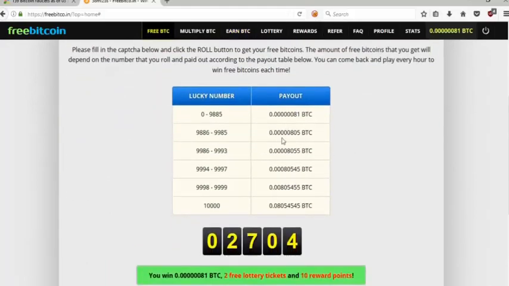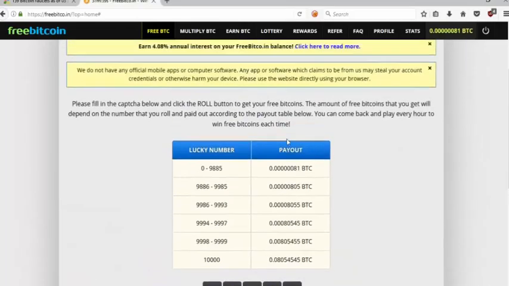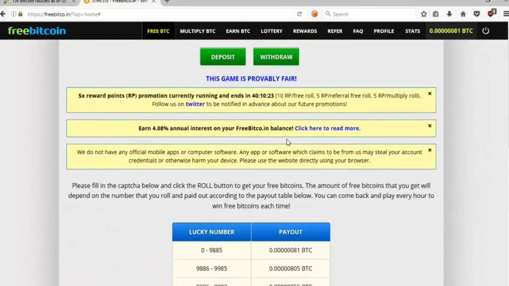All you have to do is keep on entering these captchas or offers, and if you get the lucky number, you get a prize, and the value keeps on going as this random number generator ticks. It's just a waiting game with a bit of patience involved, and eventually maybe you'll have a good amount, and you know that the current value of Bitcoin is high, so you never know, really.